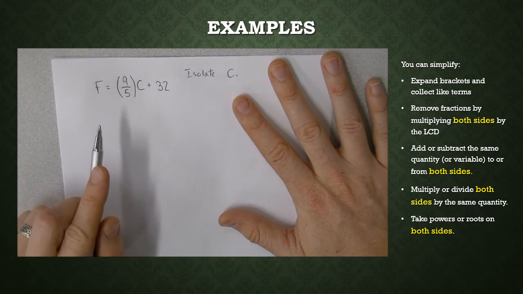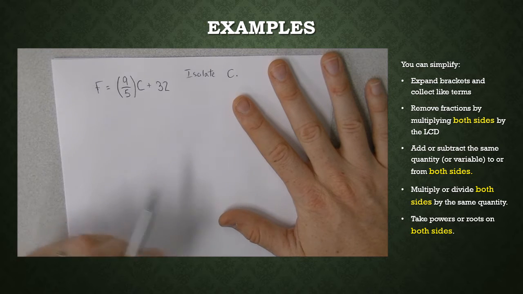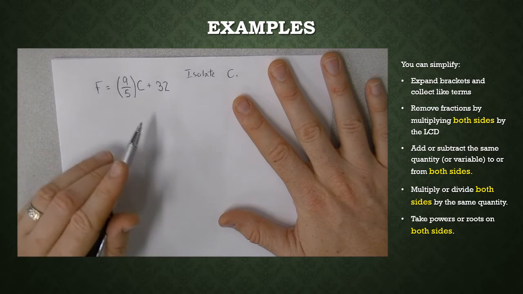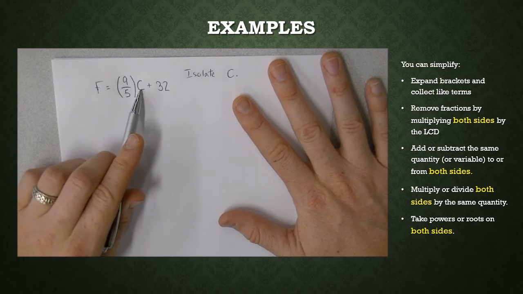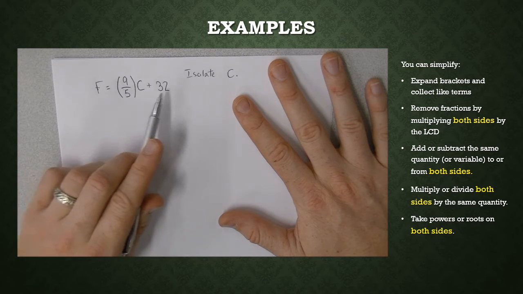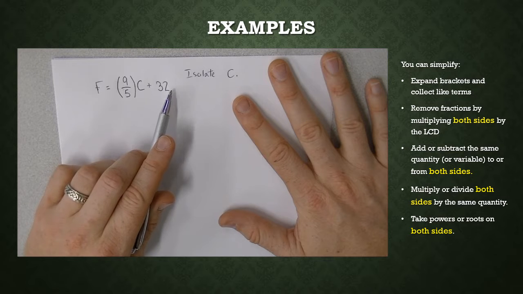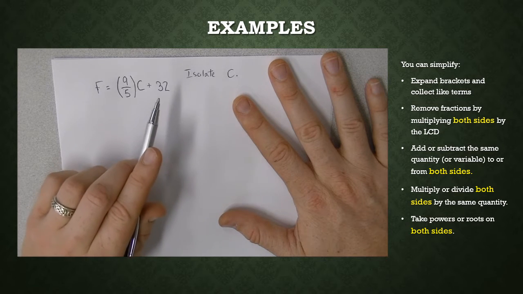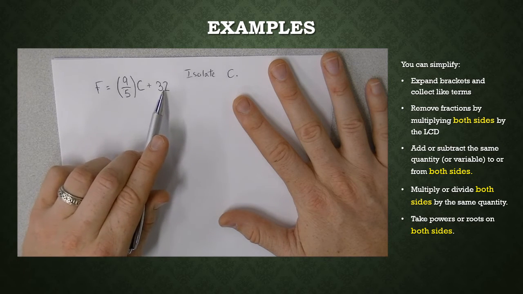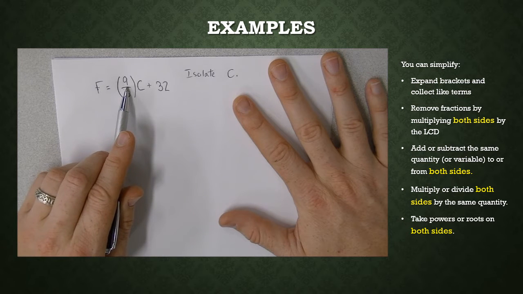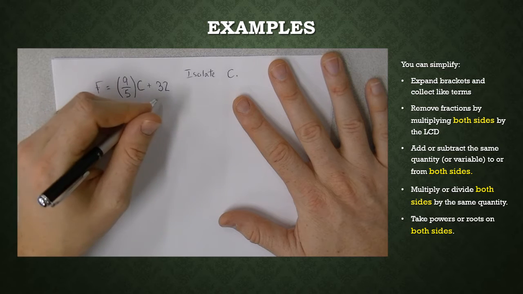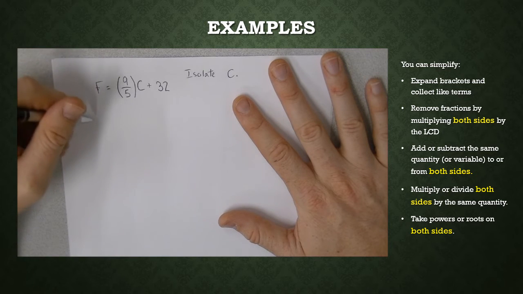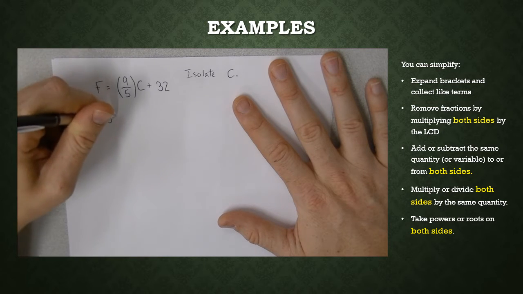So what I'm going to do is try and undo that, right? Since we know from BEDMAS, from our order of operations, that C would first be multiplied and then we would add. So to undo this process, we're going to undo the adding first, and then we'll undo the multiplication. Right? In order to undo the adding, I am going to subtract 32 on